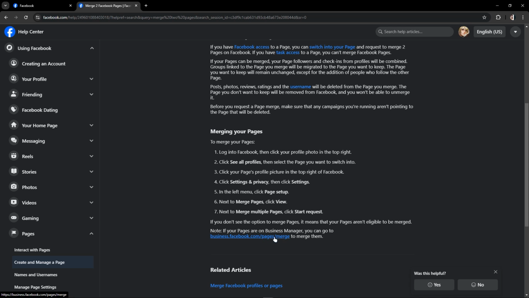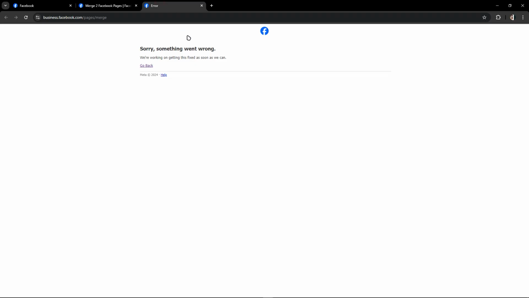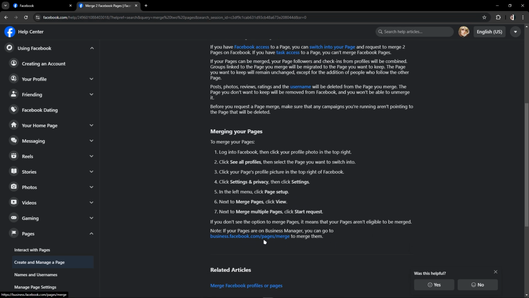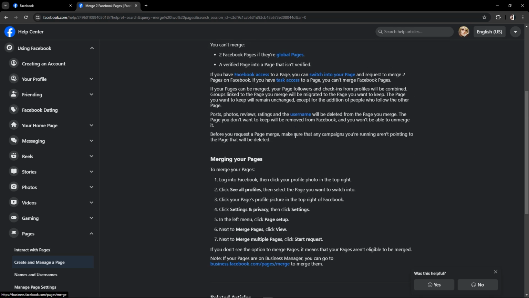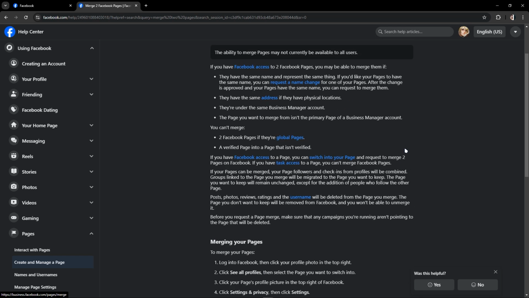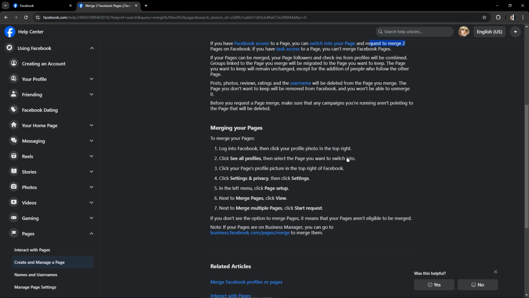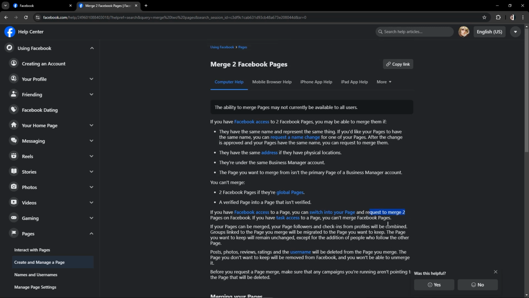your pages are on business manager, you can go to business. As you can see in here, there will be error because my Facebook page is not in business manager. And also, if you want to merge two pages, you just have to request that from Facebook. So these are all the instructions for how to merge two Facebook pages, and the ability